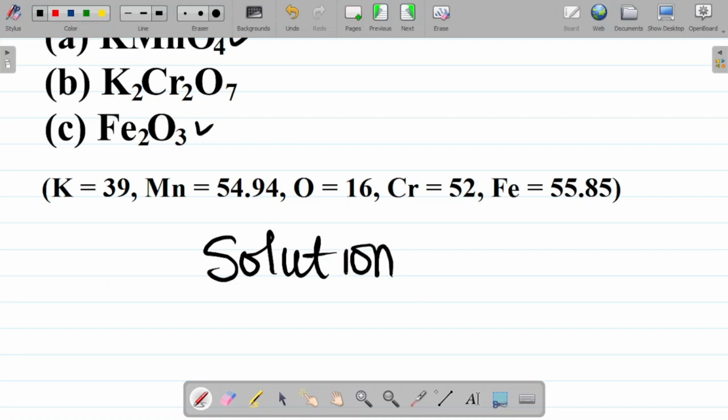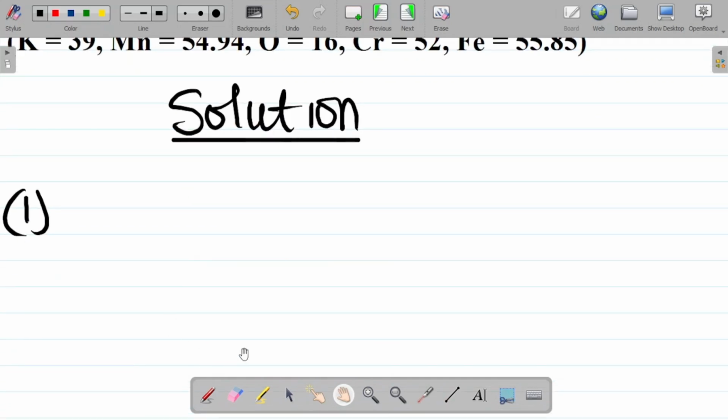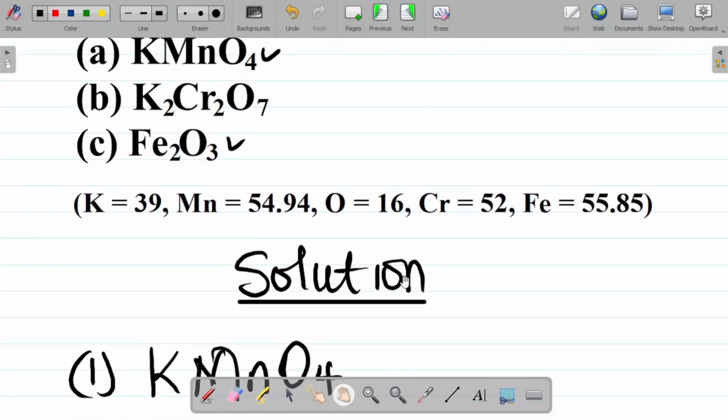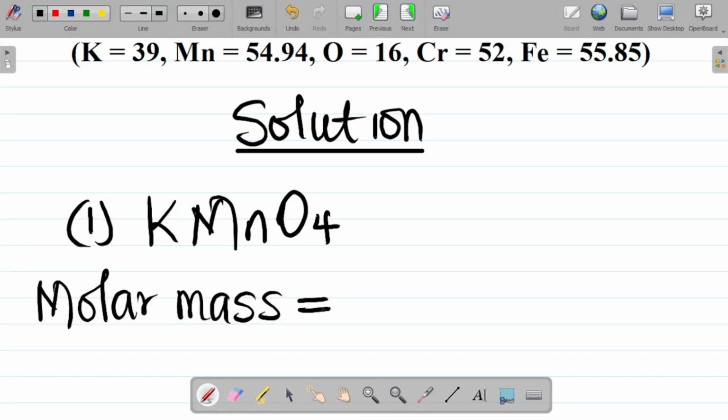Solution. The first compound I have, the number one, is KMnO4. That's potassium, this Mn is manganese, then O4. This compound here is potassium tetraoxomanganate 7. That's the name of this compound. All right. So how do we solve this question? What do we do? Our first task is to get the molar mass of the compound. So let's get the molecular mass or the molar mass of this compound, and that will be equal to,